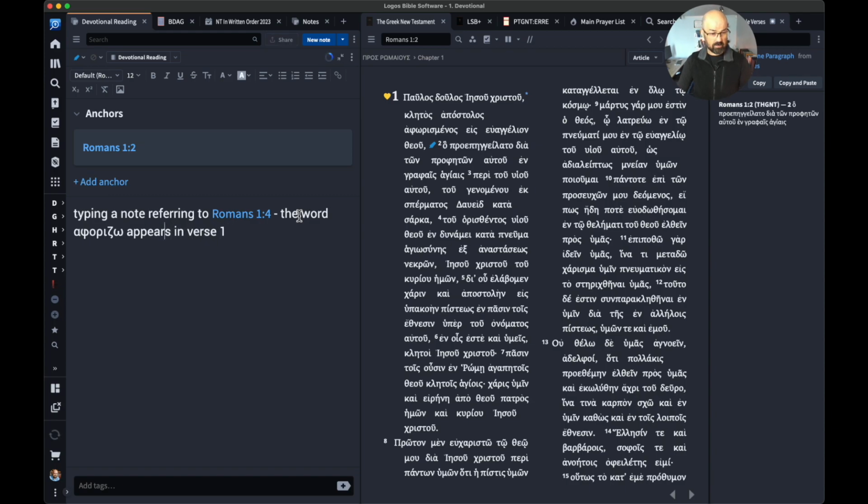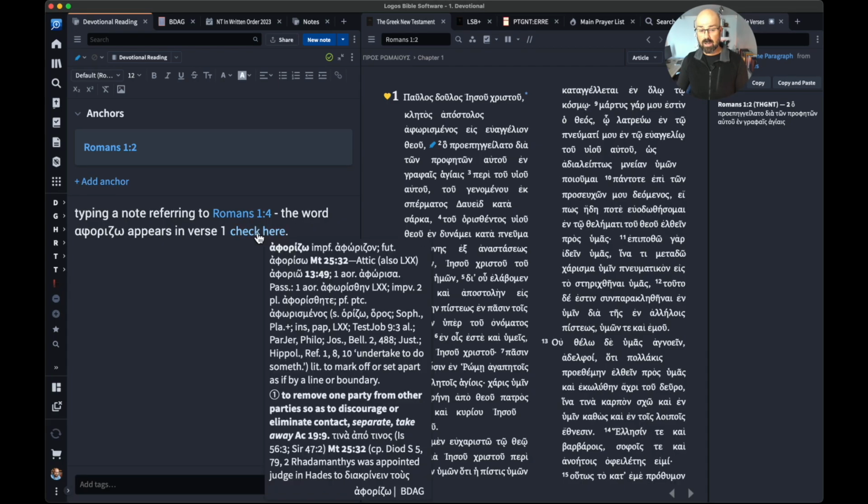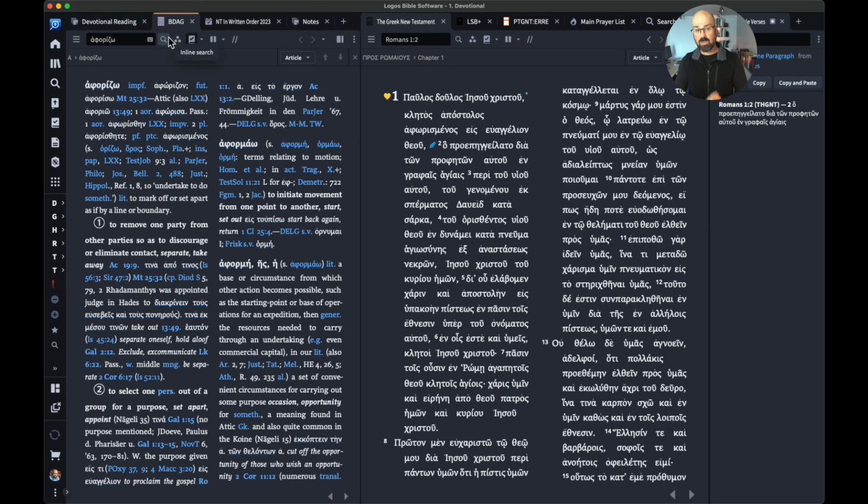Look at that. I heard you say that was a mistake. Check here. So in this case, I can just put a link in up here. As you can see, click on the link button. This pops up, and then paste in that reference, and there we go. And now if I click check here, bang, it opens it to that reference in BDAG,